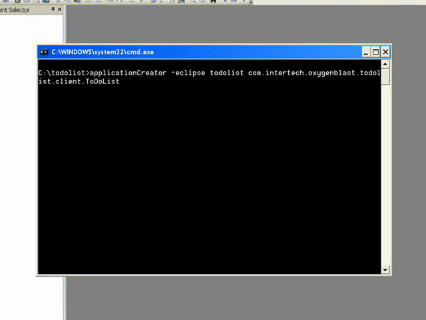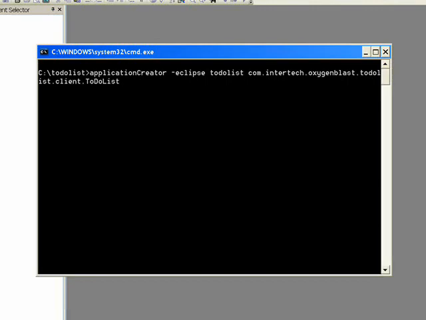So you start with the typical reverse domain name for your package, in this case com.intertech. Then you have your other packages that you want to use to make sure this is a unique project. So I use